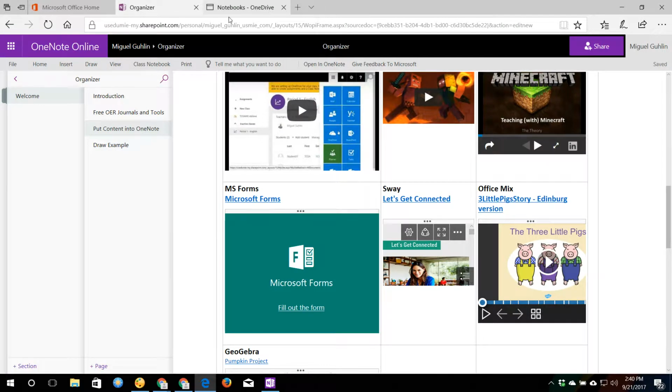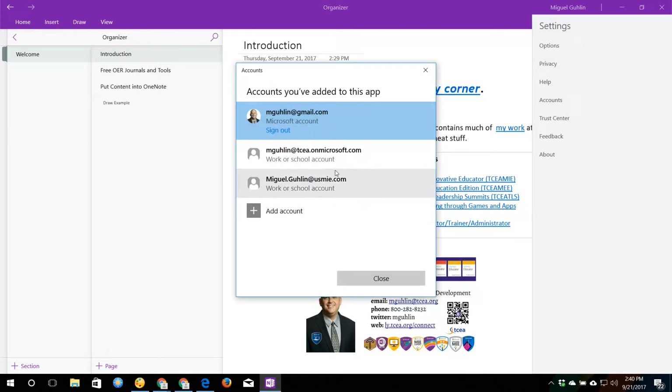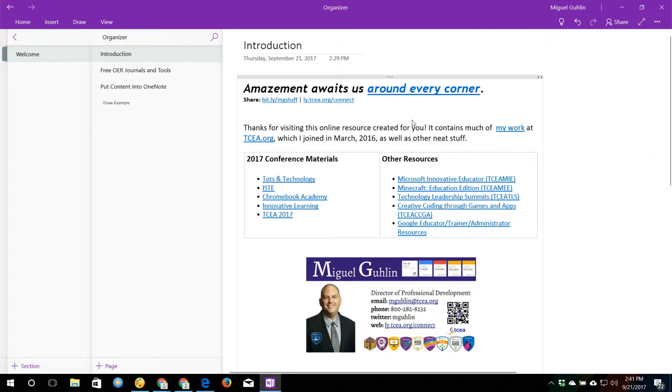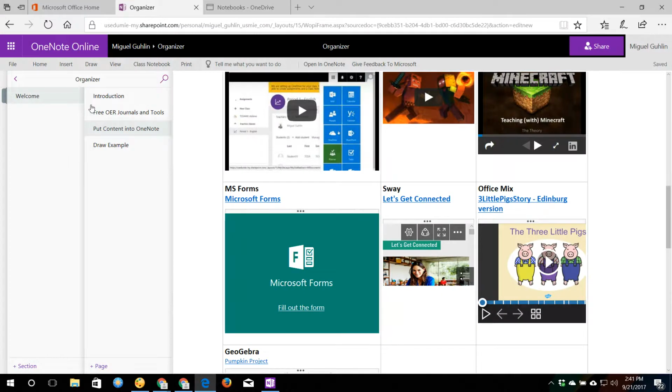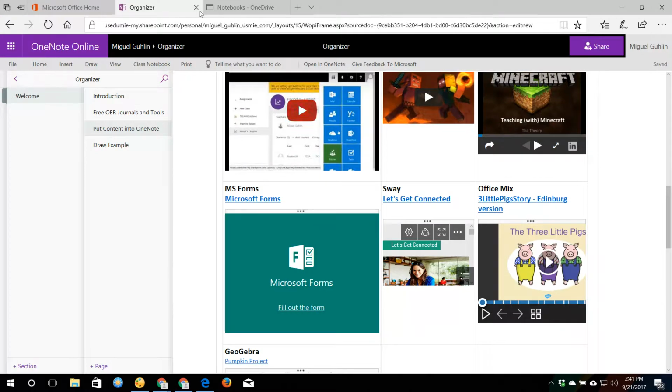because you may be logged in online, but if you want to open the app and get access to all these other additional features, you're going to need to know how to access your accounts and know your usernames and passwords. So as you can see, I've got several usernames and passwords here that I rely on. So if you can keep those points in mind, that'll get you started and going. And then once you've created your notebook, it will automatically sync a copy for your online version. Now, if something happens and you end up closing out of